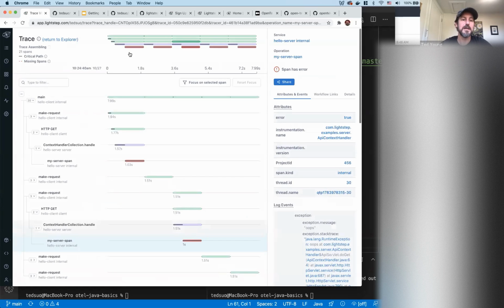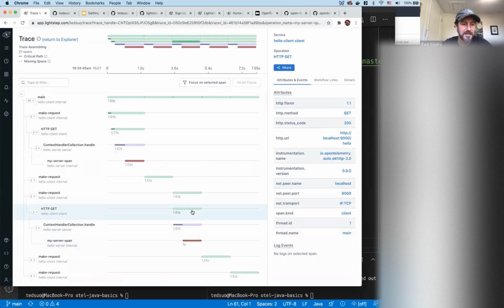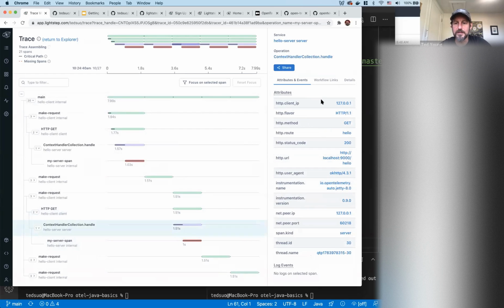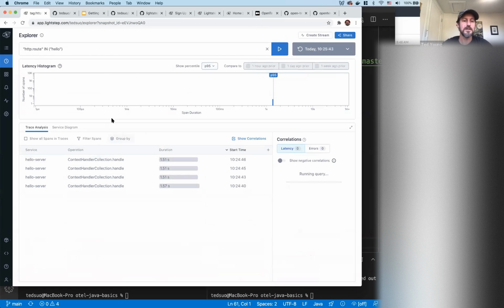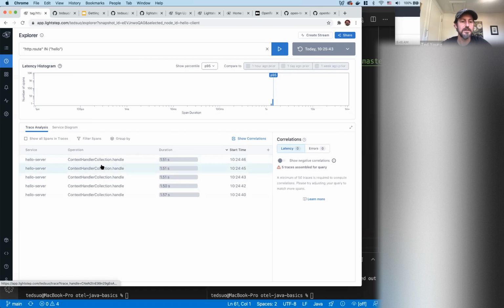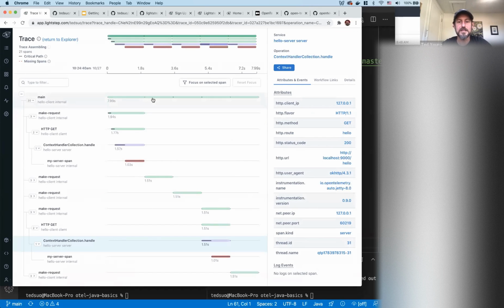And then I can look at that span and see the whole trace, and then look over here and be like, well, what about everything that was associated with this hello route? That's kind of interesting to me. And then come back here and see everything associated with hello. And then you can pop back into that span.